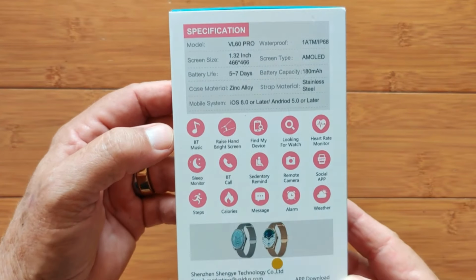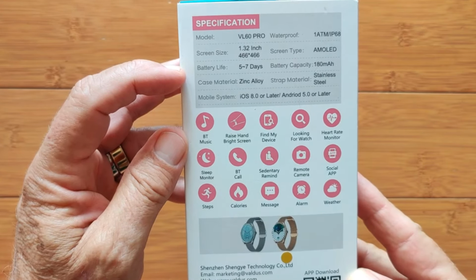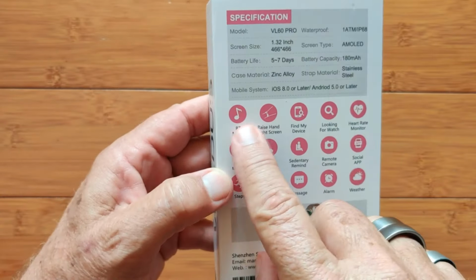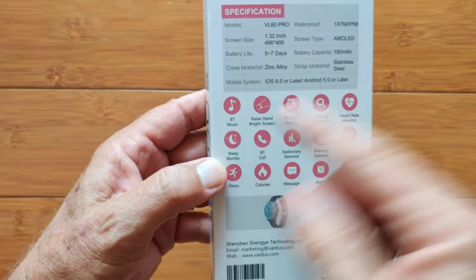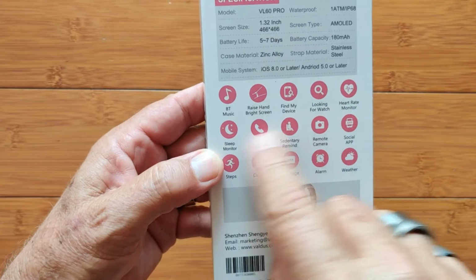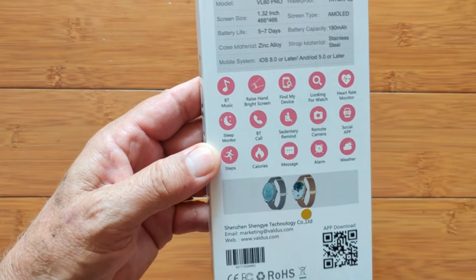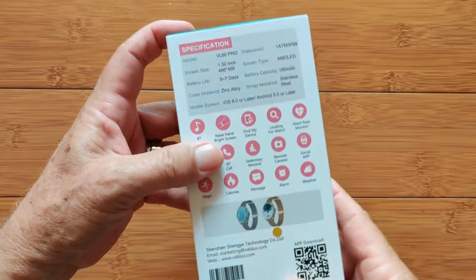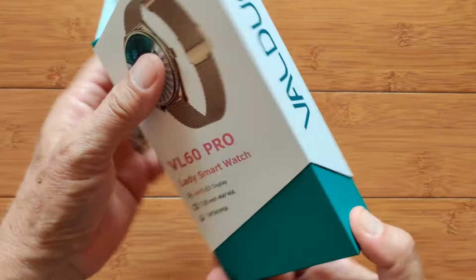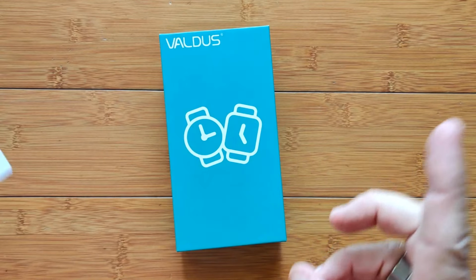Here are all the specs on the back. You got a battery life of about 5 to 7 days, zinc alloy, stainless steel, lots of different colors. Bluetooth music is supported. Twist your wrist or raise your hand to see the time is in this. You can look for your watch. You can do heart rate, blood pressure, blood oxygen, sleep monitoring, sedentary reminders. It's got it all. And it pairs to an app that we're familiar with called HOLDUP, which has been around for a long time. I'm going to crack a case and show it to you after I let you know